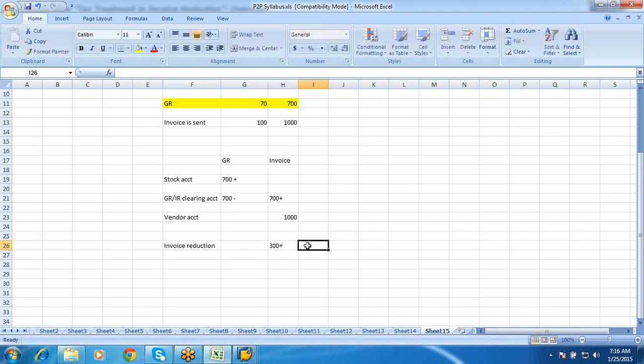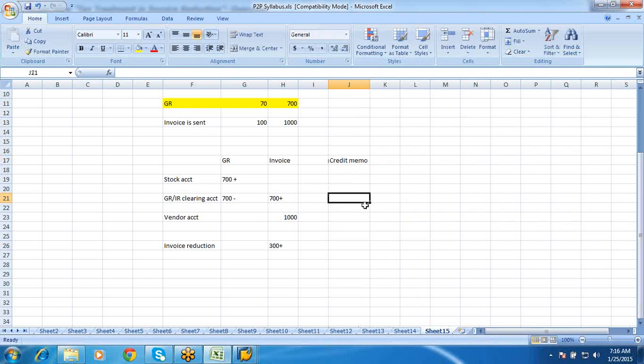Once you do the invoice reduction, automatically a credit memo will also be raised. A credit memo for 300 will be raised for your vendor, because we are expecting another 30 pieces worth 300.